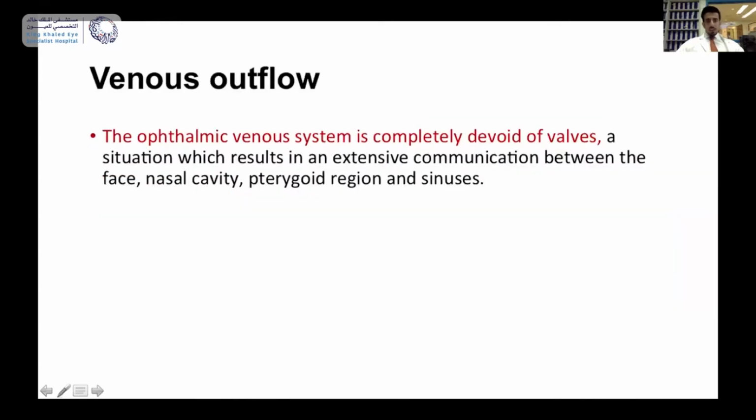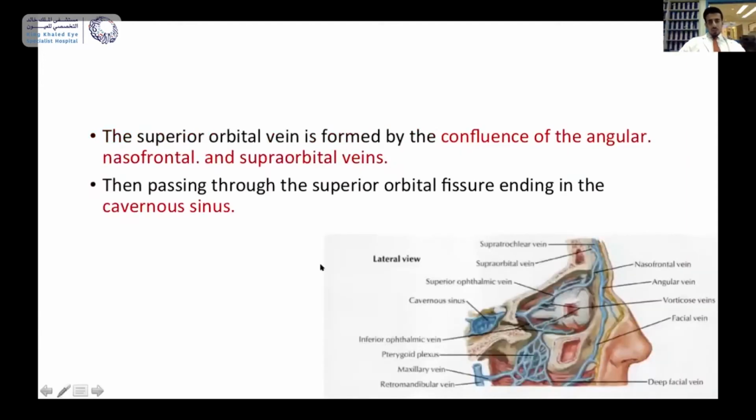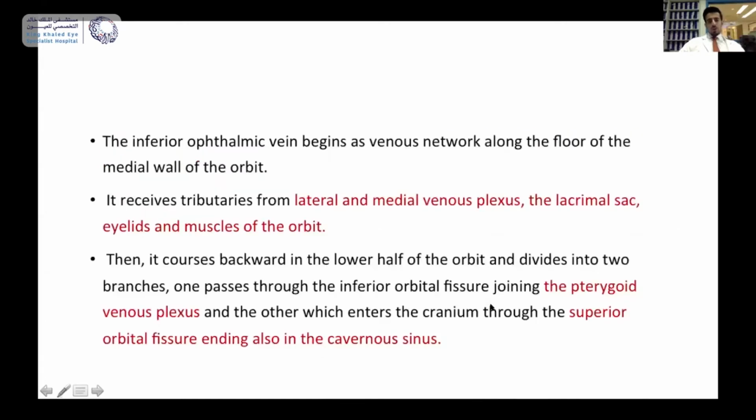The venous outflow is important in orbital infection, as the ophthalmic venous system is completely devoid of valves, and this results in extensive communication between the face, nasal cavity, pterygoid region, and sinuses. The superior ophthalmic vein is formed by the confluence of the angular vein, nasofrontal vein, and the supraorbital vein. Then they pass through the superior orbital fissure into the cavernous sinus, while the inferior